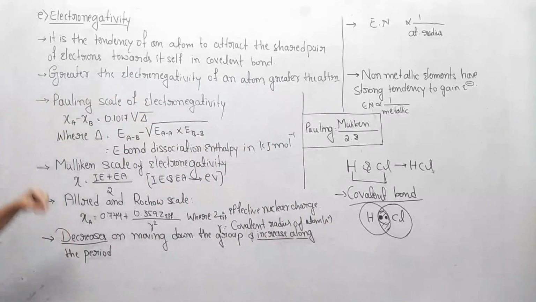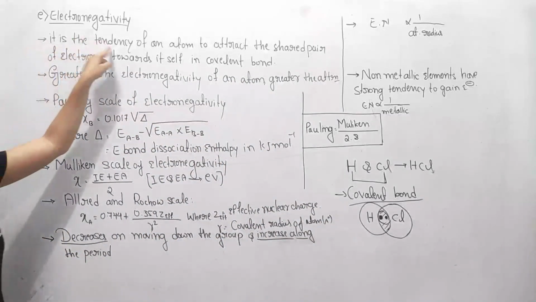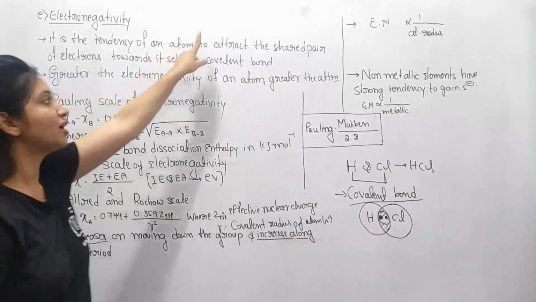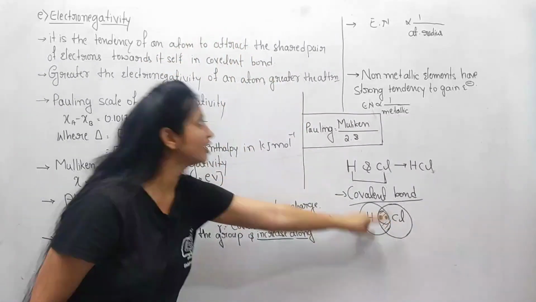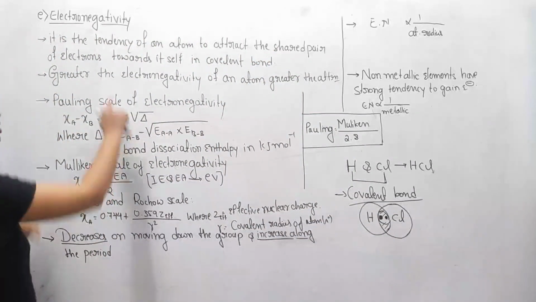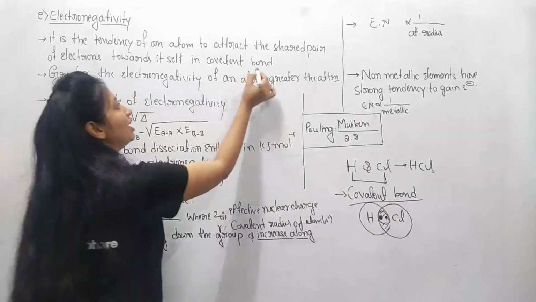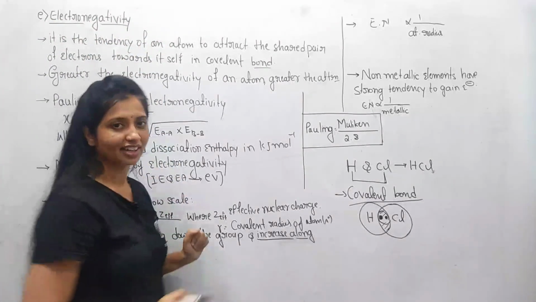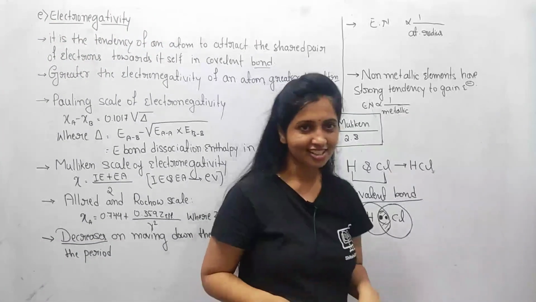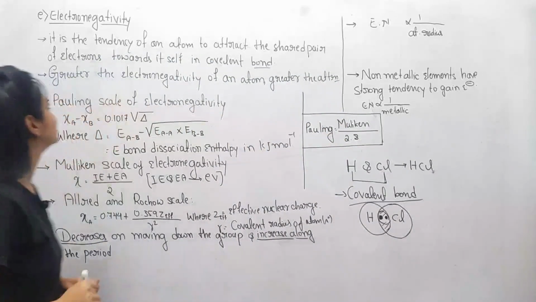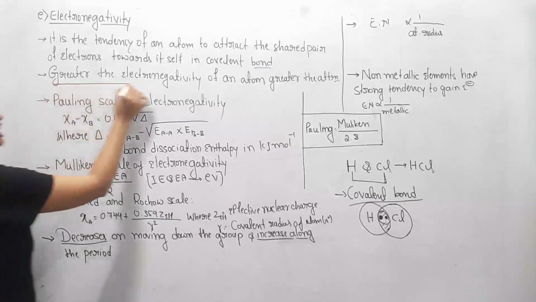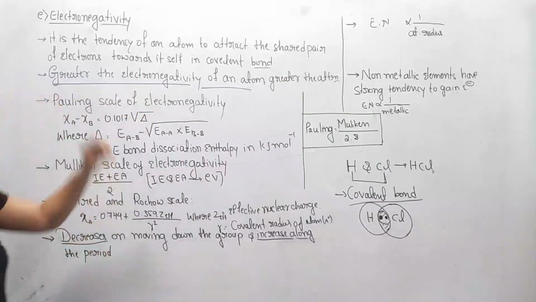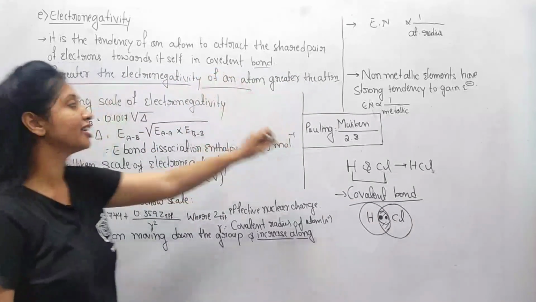Just come to the definition. It is the tendency of an atom to attract the shared pair of electrons towards itself in a covalent bond. So this property is called electronegativity. Clear, guys? Okay, good. So the greater the electronegativity of an atom, the greater the attraction of the shared pair of electrons